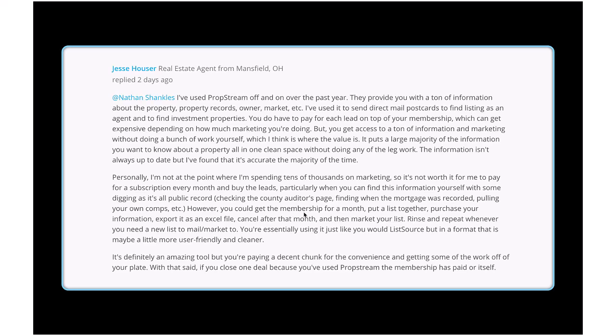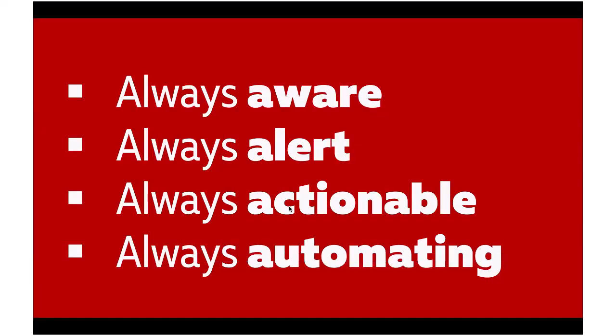And if you just come in and get one list and start working that list, you miss every opportunity, every transaction that presents itself in between the time that you then jump in and decide to run yourself another list. So this is the problem we see with too many folks. They just focus on one small segment, one small slice, and they miss the whole opportunity. The real opportunity out there is to always be aware, always be alert, always be actionable, and wherever possible, especially for folks like you that have day jobs, always be automating, because that's the best use of your time.